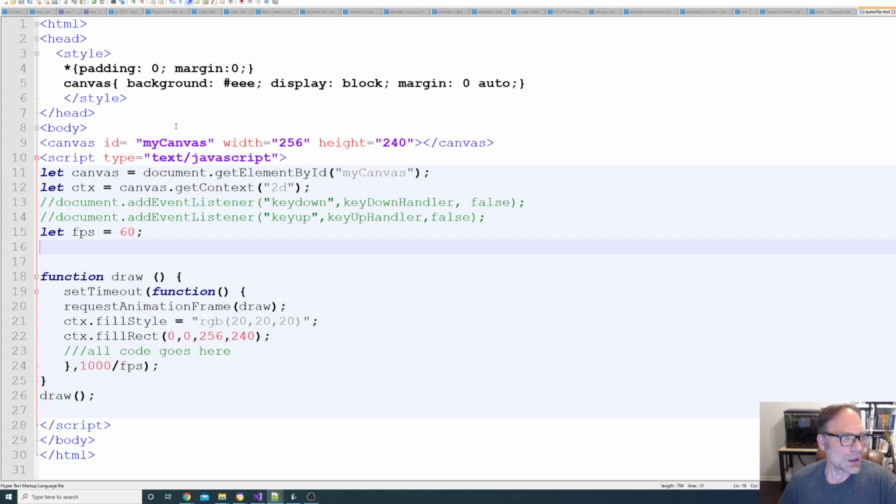I prefer to use Notepad++. It is by no means the only thing you could use. You could use regular Notepad. If you save it as all types and .html, you could conceivably just save this and open it with Chrome or your browser of choice. Now if you are going to use Notepad++,